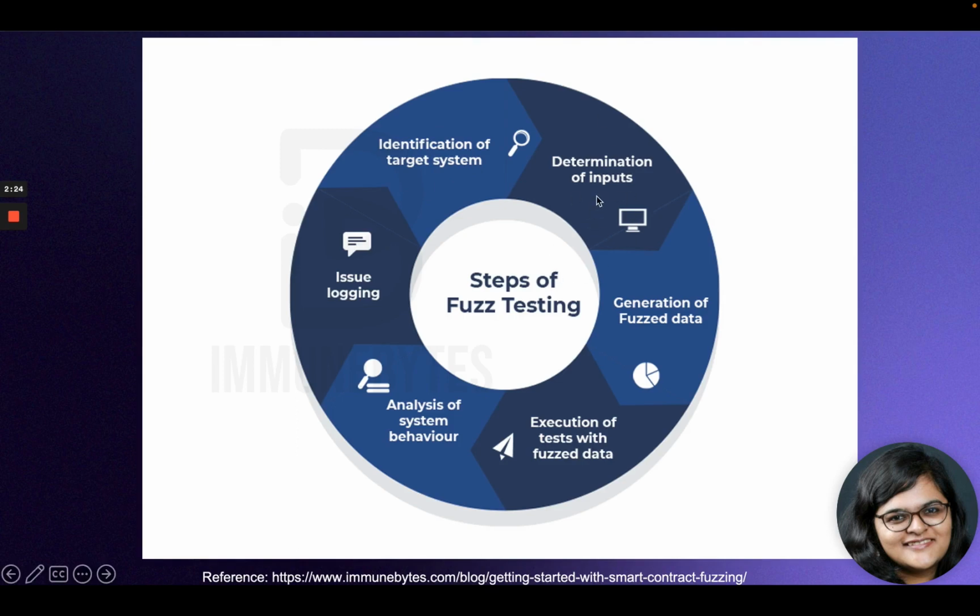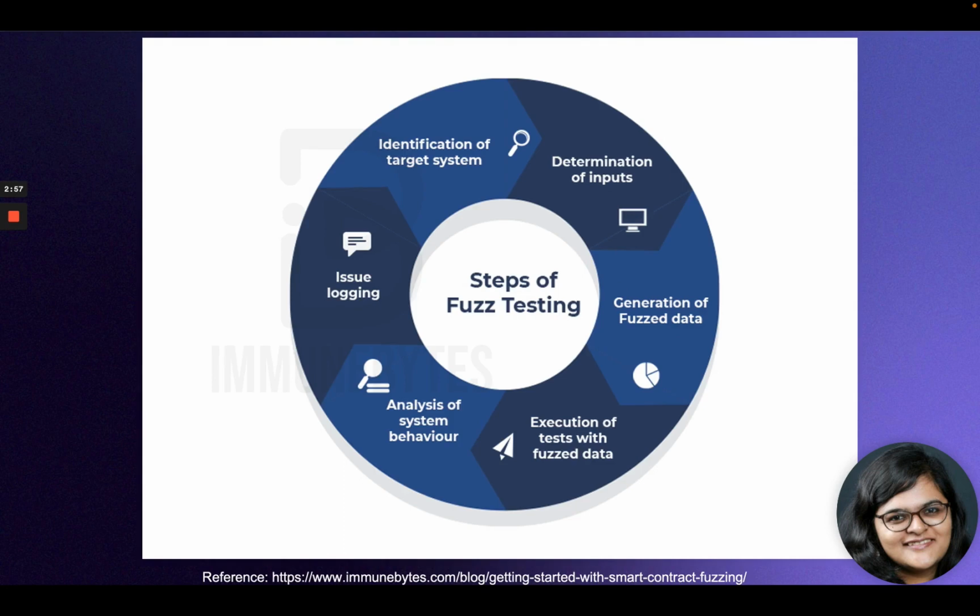Determination of inputs. So what kind of random inputs do you need to generate? It's not like every function is going to have the same inputs, right? Some functions may take addresses, some functions may take a combination of uints, addresses, strings, and whatnot. So you determine what kind of inputs you need to generate. And then you generate the fuzzed data. That is, once you determine the kind of inputs, you are going to create random values of those inputs,